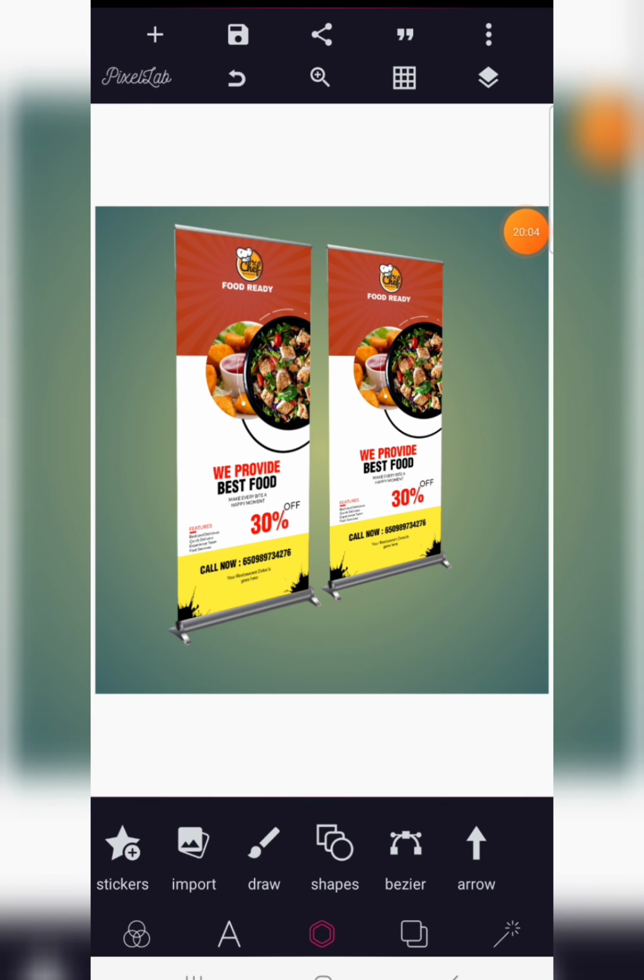So this is it, guys, how you can design a roll-up banner for a food restaurant